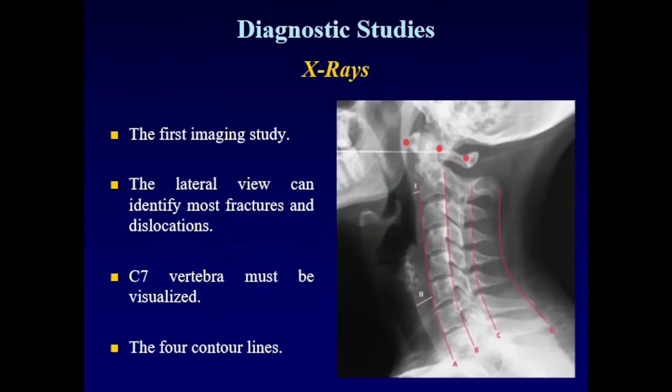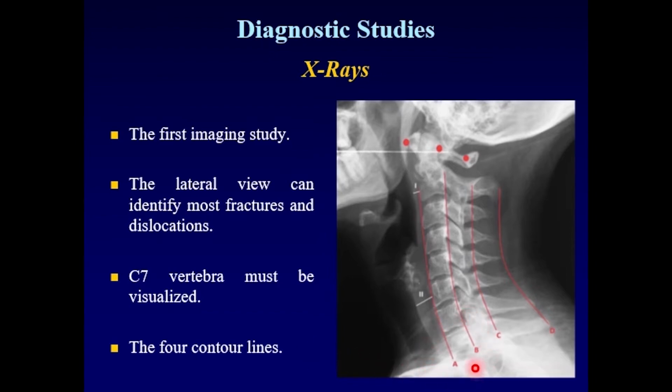To diagnose injuries of the cervical spine, we start with plain X-rays, which are usually the first imaging studies performed. The lateral view can identify most fractures and dislocations, and it's very important to visualize the C7 vertebra to detect